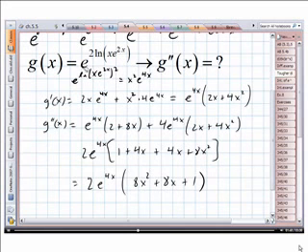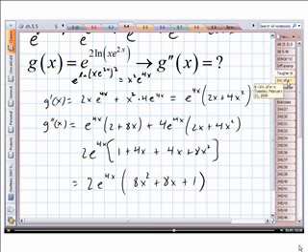G of x equals e to the 2 ln x times e to the 2x. You want to find g double prime. Now the idea here immediately is to get this 2 up here as an exponent. That way we can cancel the e to the ln. So at least we're down now to x squared e to the 4x. But now we've got product rule and chain rule. We're doing some factoring with the first derivative. More product rule, more chain rule. We get all the way down to here. So you may need to pause or go back to take another look at this.